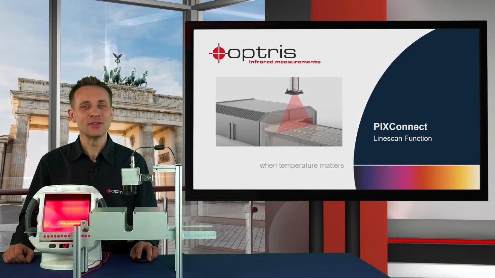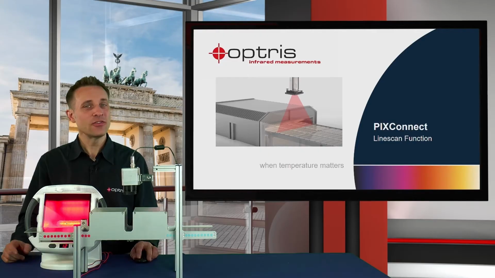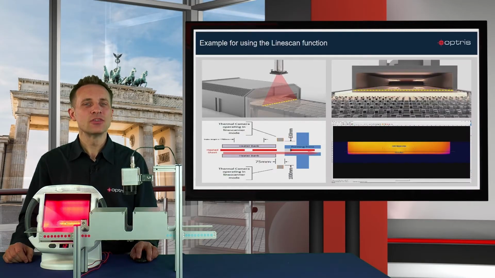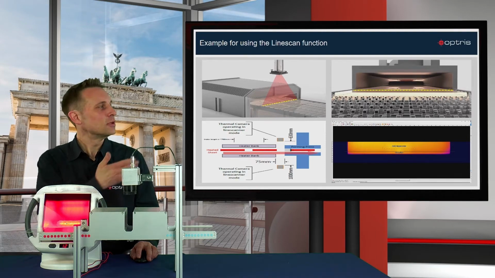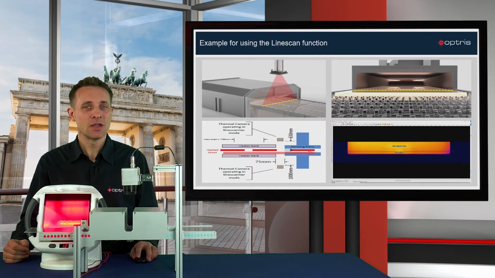Welcome to this how-to video. Today in this video I'm going to show you how you can set up the so-called line scan function. The software PIX Connect has this line scan function, which is mainly used for continuous processes where the measurement objects are moving. For example, this could be a thermal forming process or a float glass process or also a sheet glass application. To better explain the setup for the line scan function to you, let's have a look at this